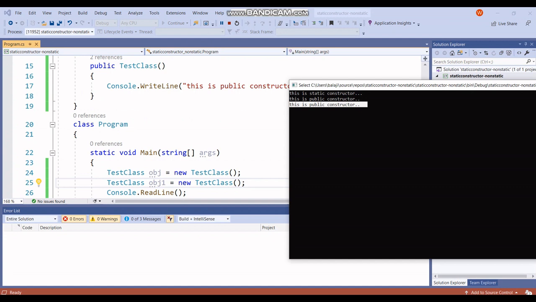So this is what we have seen, the difference between static constructor and non-static constructor, as well as the static class and non-static class difference. The main difference of a static class is it cannot be instantiated, just like a normal class can, and you should directly access its method via static class name dot its method name. And a static class will always contain the static constructor, and it is called when the class execution started.